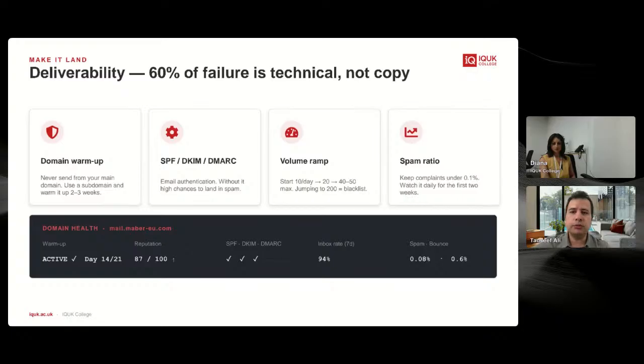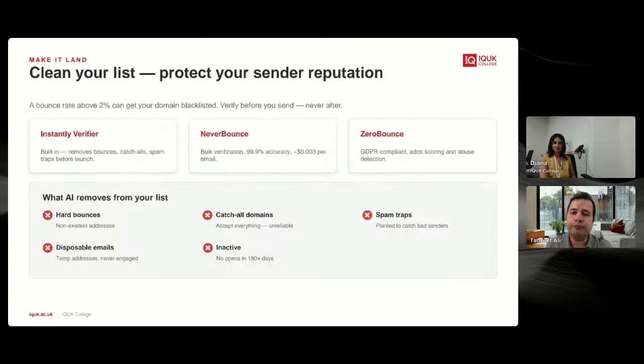Always, when you buy a new domain for your email reach out, warm it up. It's not that you create an email today and tomorrow you send 30 emails with that new email address. There is no reputation, no history of that email address. The risk of it being flagged is very high. So warm it up, and you can warm it up by sending emails for 2 to 3 weeks here and there, and then it starts building the history.